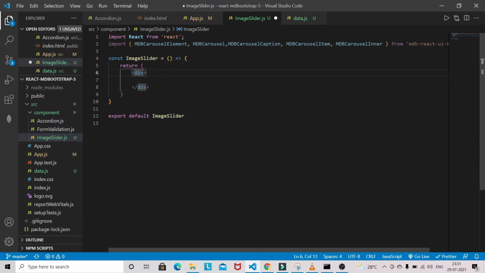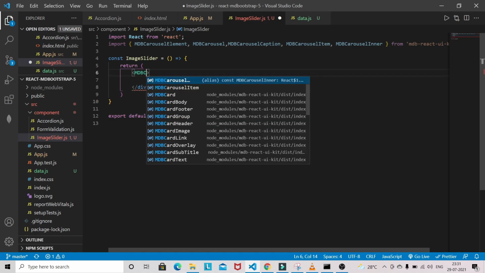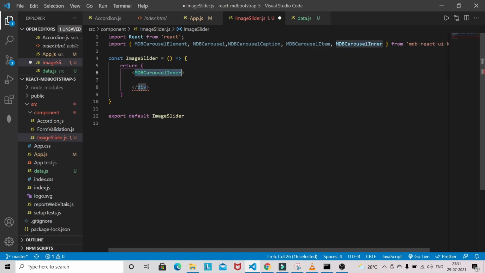So instead of div, I can have here MDB carousel, and not inner, sorry, this one.